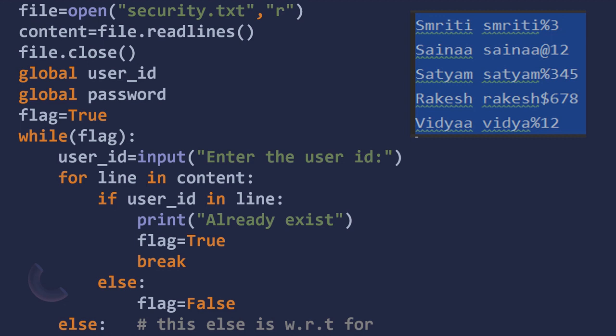That is mentioned in the else part. So this else refers to this for, not to any if. Okay, that means else part, as you know in Python, else is associated with for loop and while loop also, which is not in any other programming language. So what will happen? Whatever is present in this for loop, once it gets executed, then it will execute whatever is present in the else part.